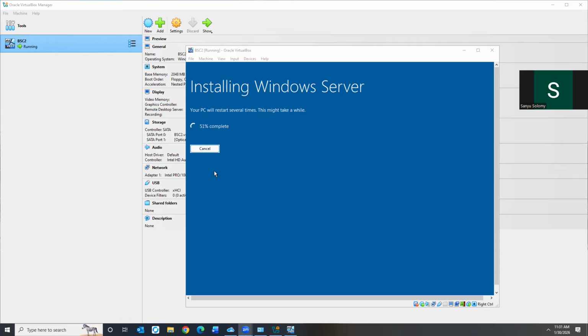That is why we try to give the PC enough space and its required environment. 54% and still waiting.